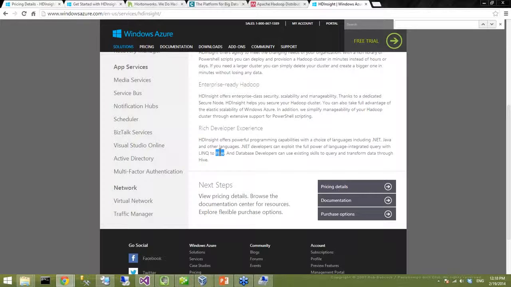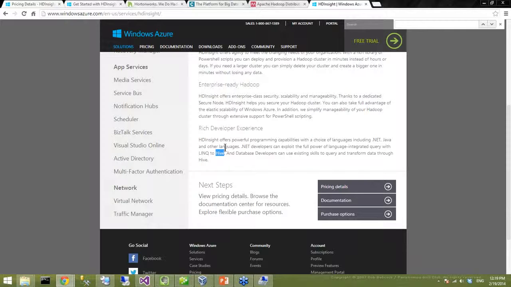I see. So they wrote a LINQ provider that does LINQ to Hive, so that you can translate LINQ queries into Hive queries. Yeah, and then Hive is another layer of abstraction, right? Because then Hive queries get translated to MapReduce jobs, and then they get submitted to the job tracker. I'm not sure how fast that is, but it probably just makes it more accessible. That's interesting.